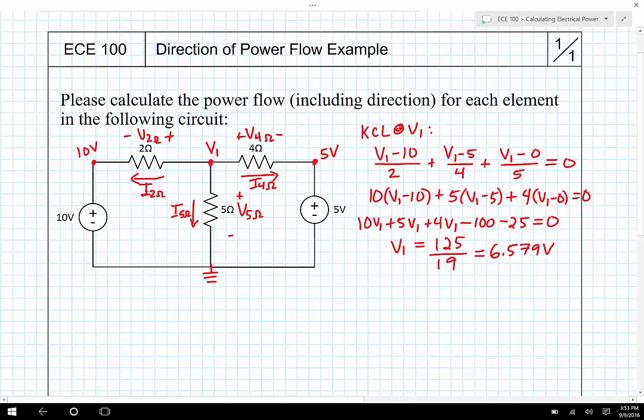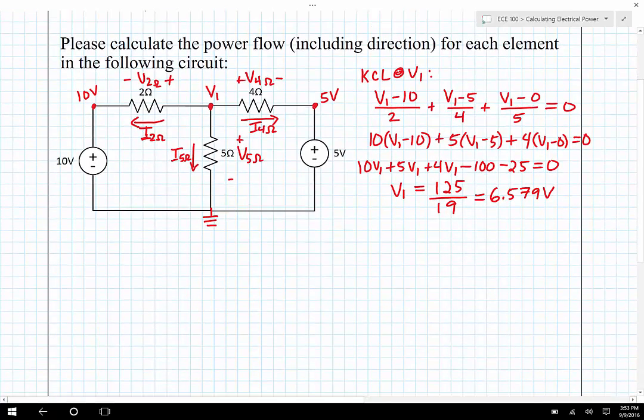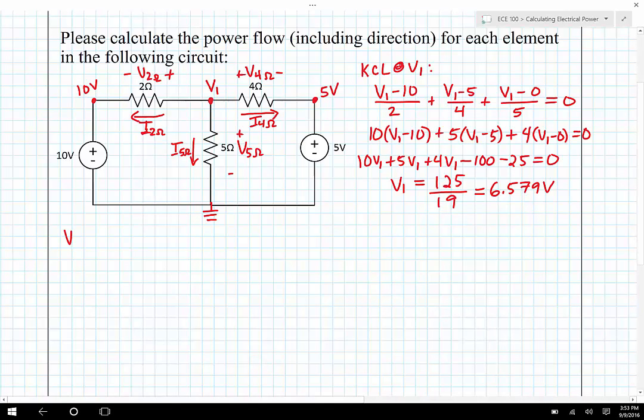Okay, so once I found V1, now I can list the other 3 voltages in terms of V1. So V sub 2 ohms, well, that's going to be the voltage on the right, which is V1, minus the voltage on the left, which is 10. So V1 minus 10, 6.579 minus 10, which it turns out is negative